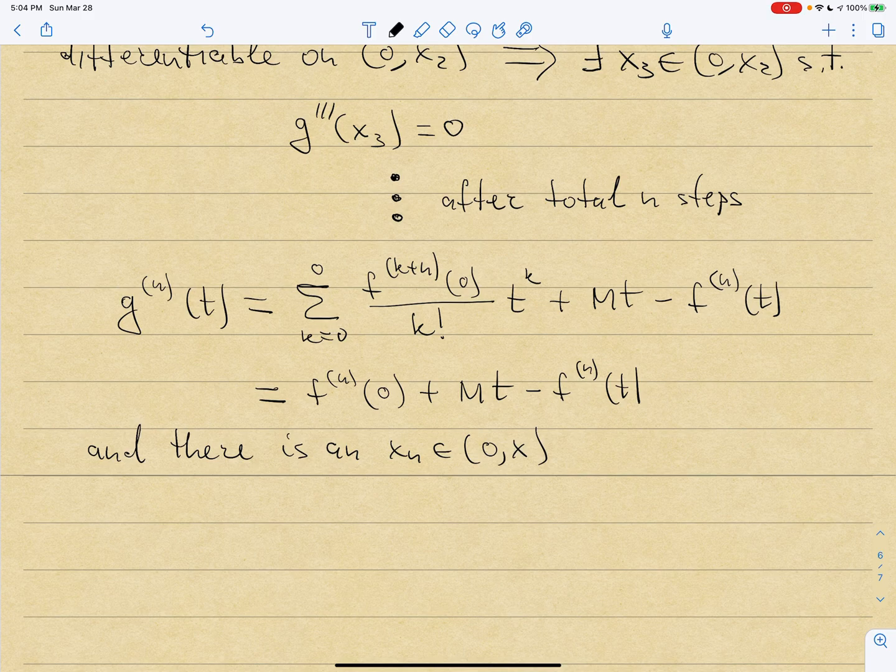So that means that x_n is still between 0 and x, such that